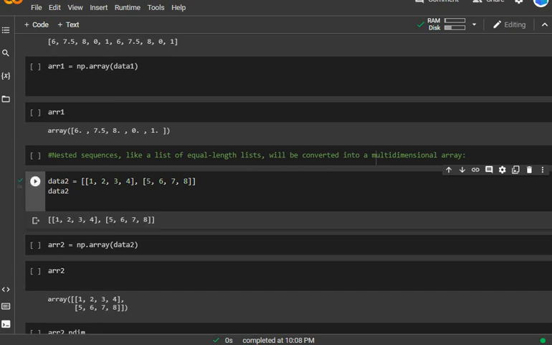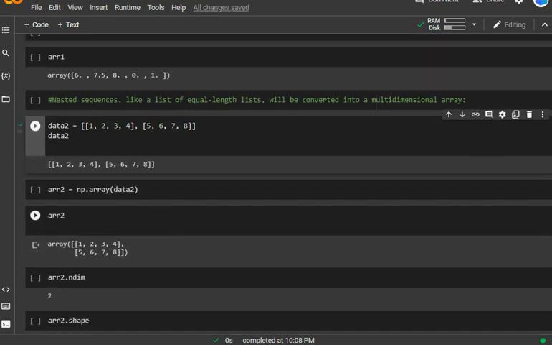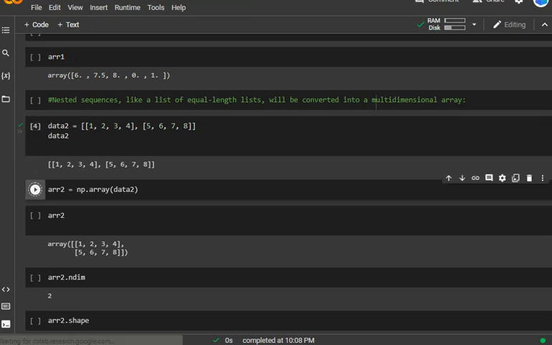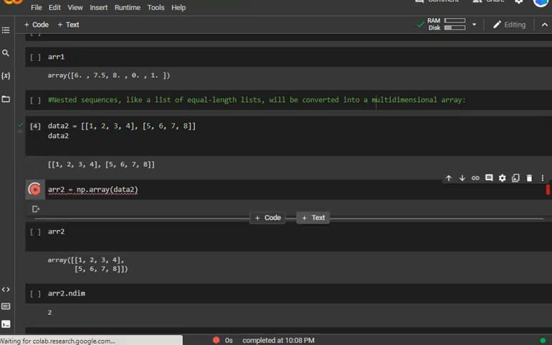This is the output. Similarly arr2 equals np.array(data2).